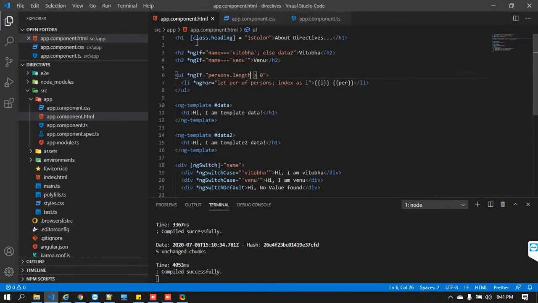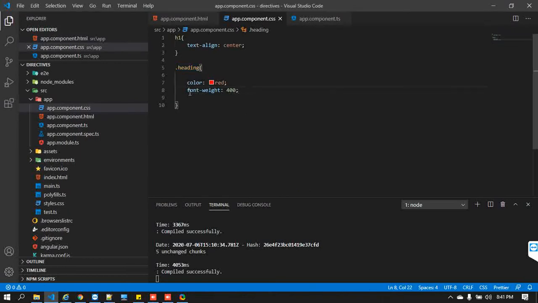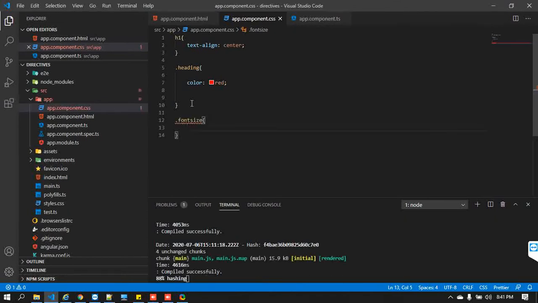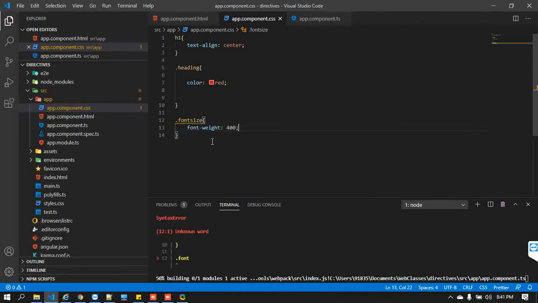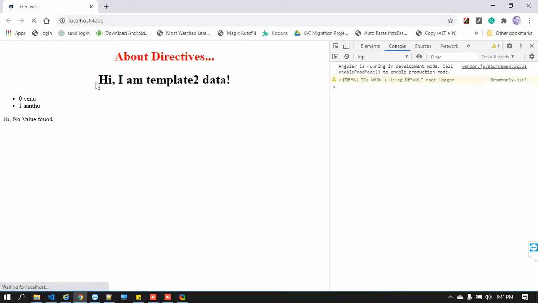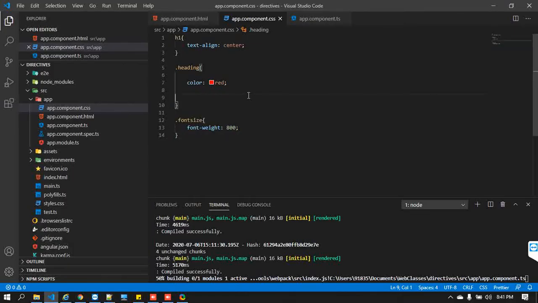For example, let me create another one. I'm taking this out, and let's say font size, I'm just doing this. Now let me take this, and here I'm keeping 100. Save it, and let's come back here. Now we have removed that respective font weight. That's fine. Now I would like to apply this to this respective element. How can I apply the same thing? I'm taking it from here and putting it here.